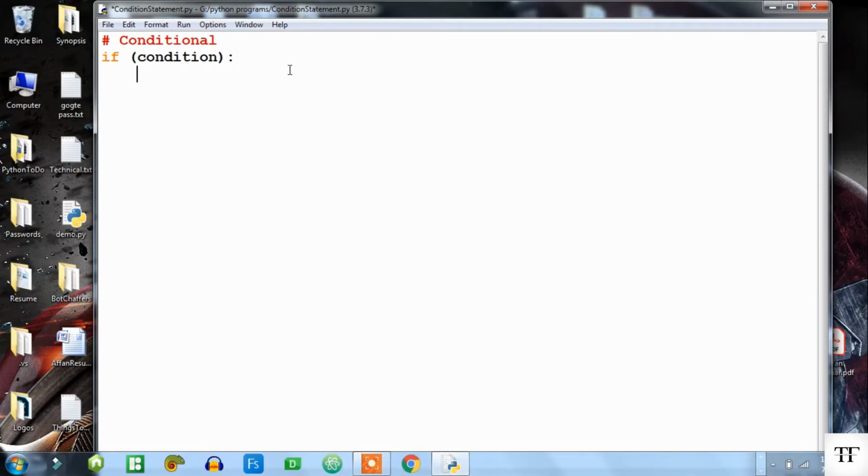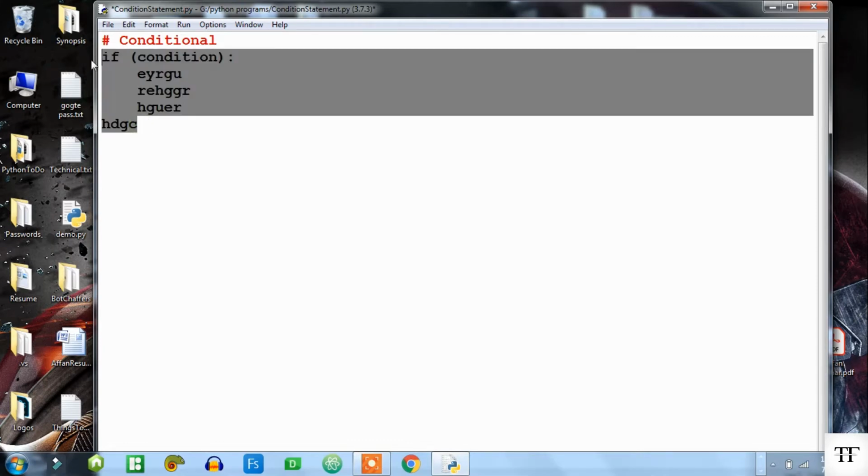When we write code and I press enter, you can see there is some indentation once you write the colon. Whatever code I write in that indentation part, in that spacing, will be inside my if block. And once I get back and write the code, it will be outside my if block, so it will not be under this conditional statement.